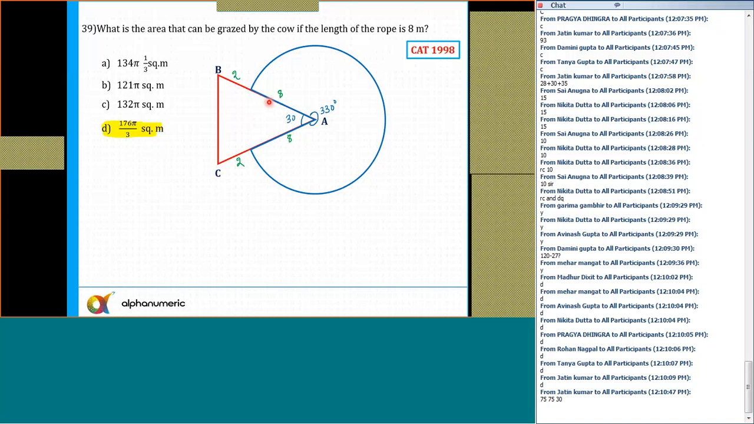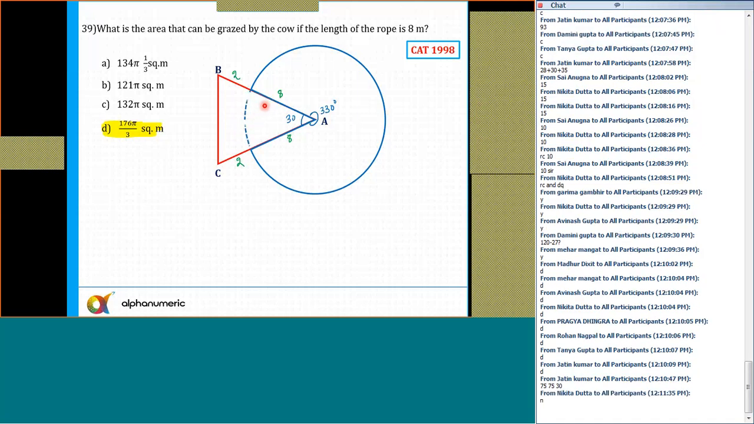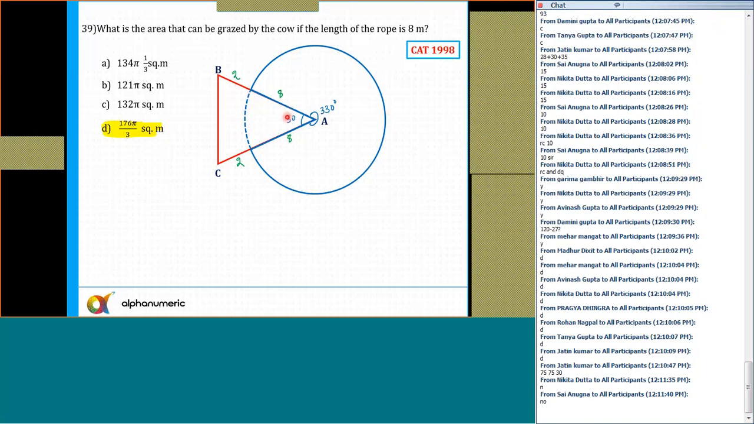Now, can the cow go inside this? Let me draw a smaller arc, in the dotted line. So the cow can definitely not go inside the sector of 30. Yes or no? Sector of 30. Okay. So what is the area which can be grazed? The area which can be grazed is nothing but that enclosed by the solid blue line. Yes or no? So the answer, I can say